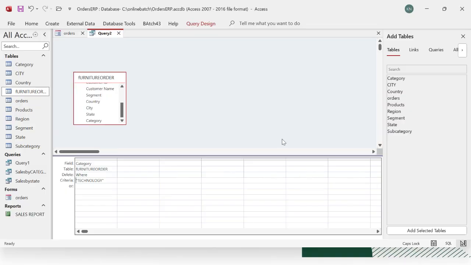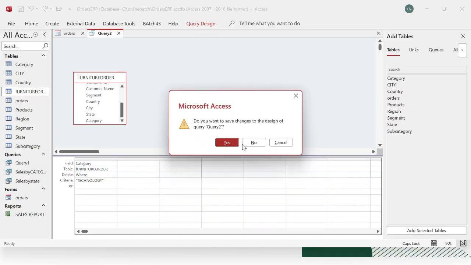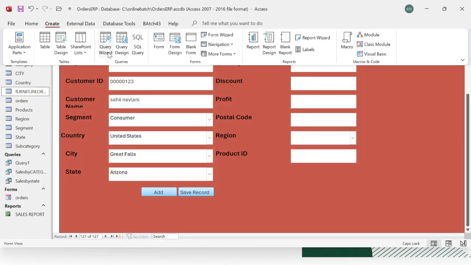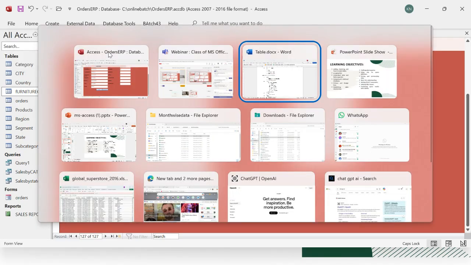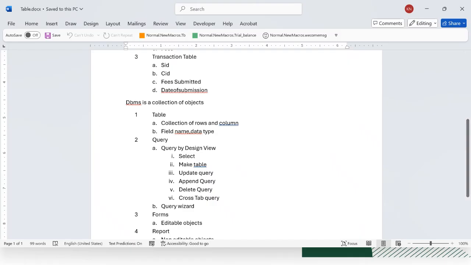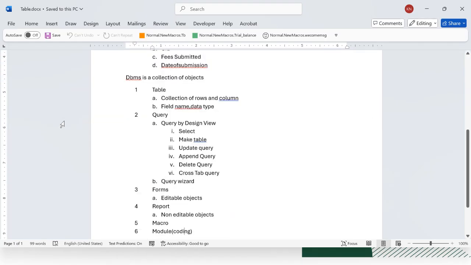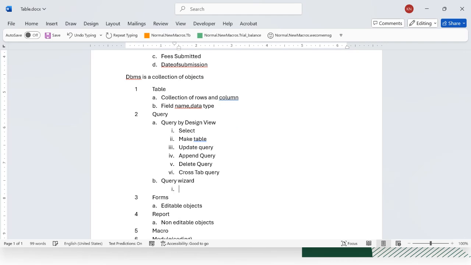So now the next is, after completing all the queries given in the query design view, there is an option of query wizard. I already mentioned here how many types of query wizard there are. There are 4 types of query wizard. So the first one is